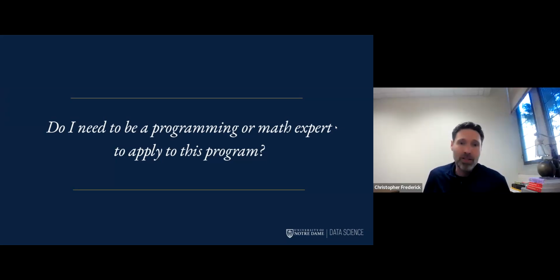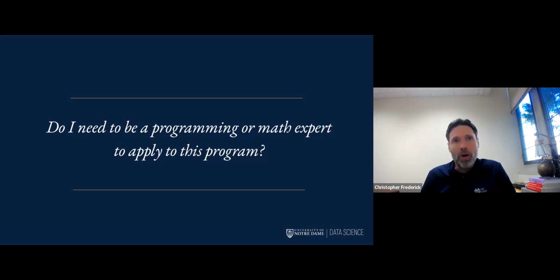Oh, yeah, for sure. This is a very common question that I get, which is people coming into the program who might feel anxious about the amount of programming that you have to do to be a data scientist, which is substantial. A lot of what we do is going to be programming. So we really have to have a solid foundational understanding of how programs work so that we know what the code is that we're running, and we really understand how the algorithms work and can implement them and modify them to meet the needs. So the short answer to this is you really don't have to be a programming expert